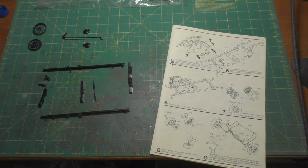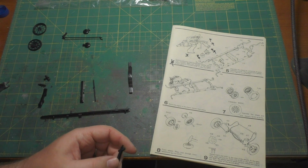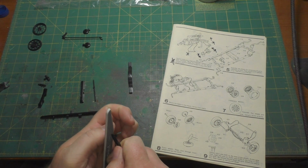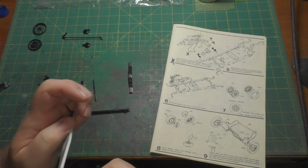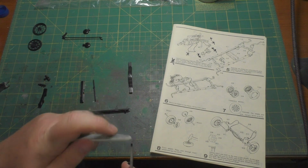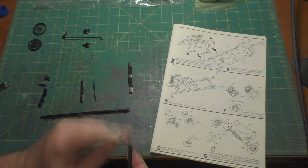Okay. So there's all that to get the start on this. Wow, this thing is just so nicely molded. It kind of feels partially done already. I mean, just those parts are so nicely done. There's really no mold line on the